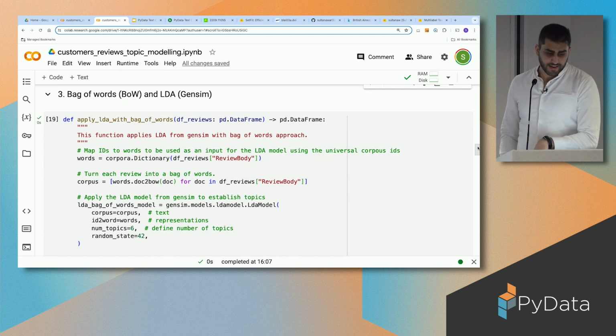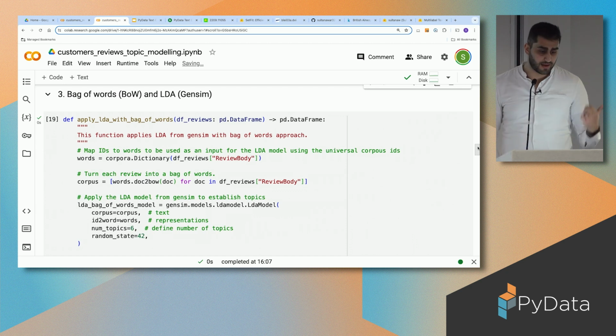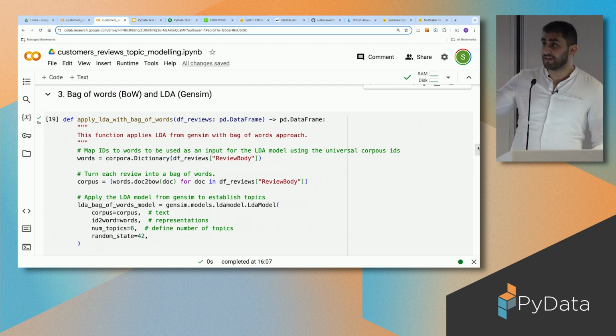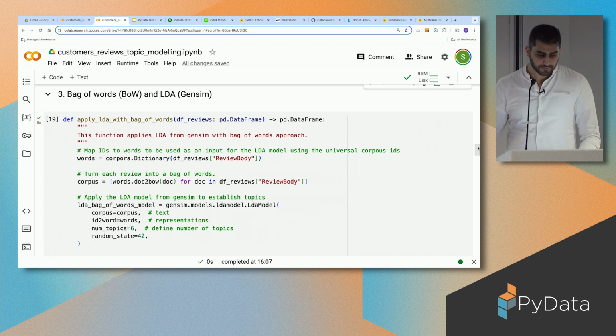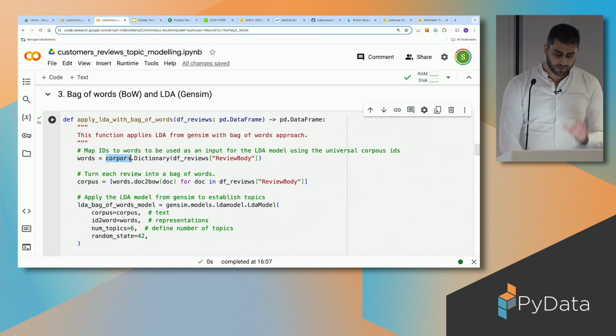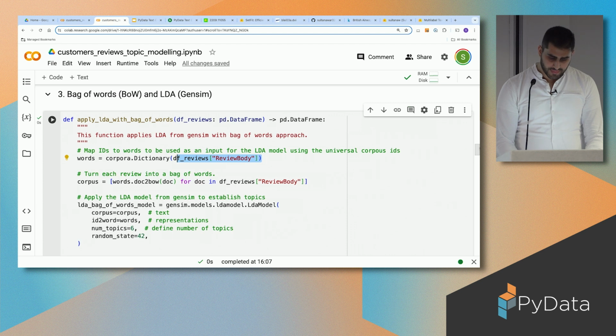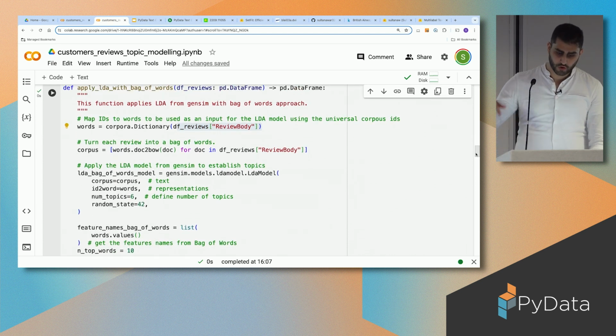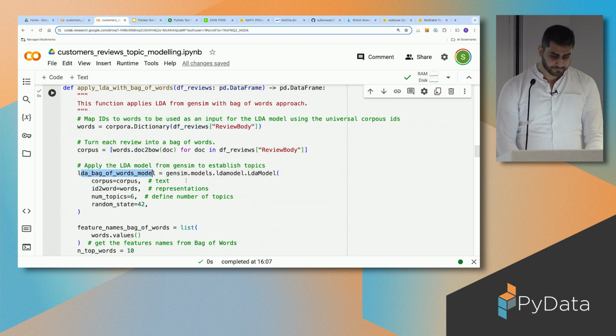And within LDA, we're gonna apply the bag of words, the approach that we spoke about in the slides, which simply maps the words into the vocabulary corpus, and then counts the occurrences of this particular word in the reviews that we have. So first of all, we call the corpora dictionary and apply it on our reviews column, and then we generate the occurrences of each word, and then we initialize the LDA bag of words model from Gensim,